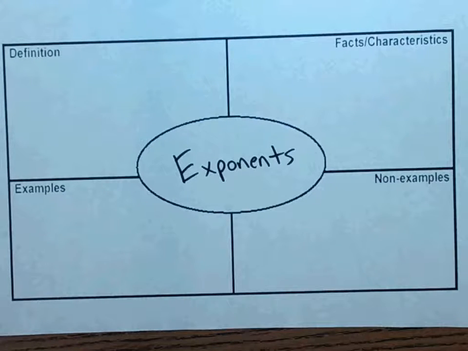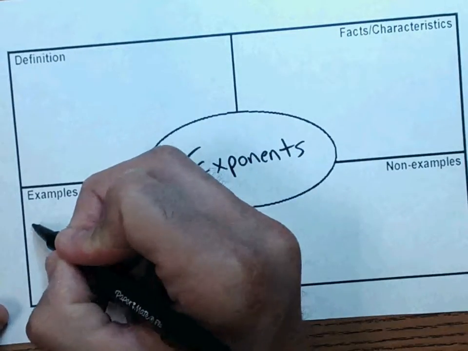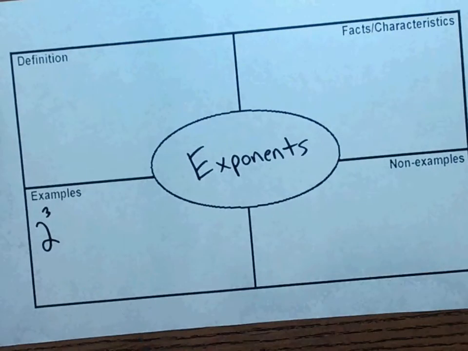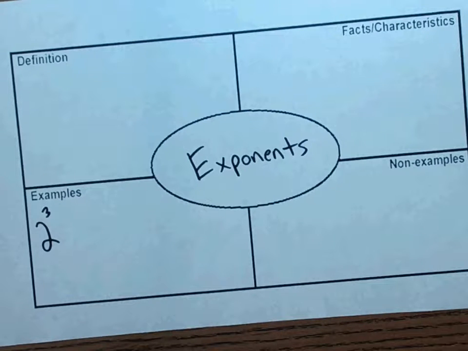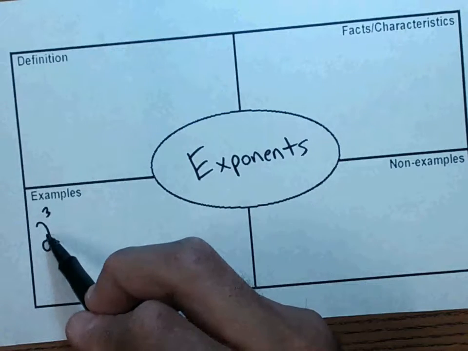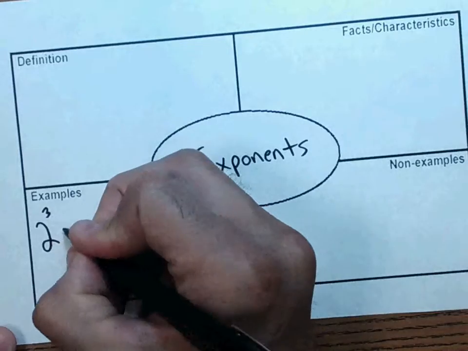Alright, in this lesson we're going to talk about exponents: what they are, what they mean, and how you can use them in math. So I'm going to go ahead and write an example. Here you see a big 2 and a smaller 3 towards the top. I want you to start thinking, what does that mean? What is this asking me to do? Some students who are new to exponents think this is 2 times 3, or 2 multiplied by 3. Actually, this means 2